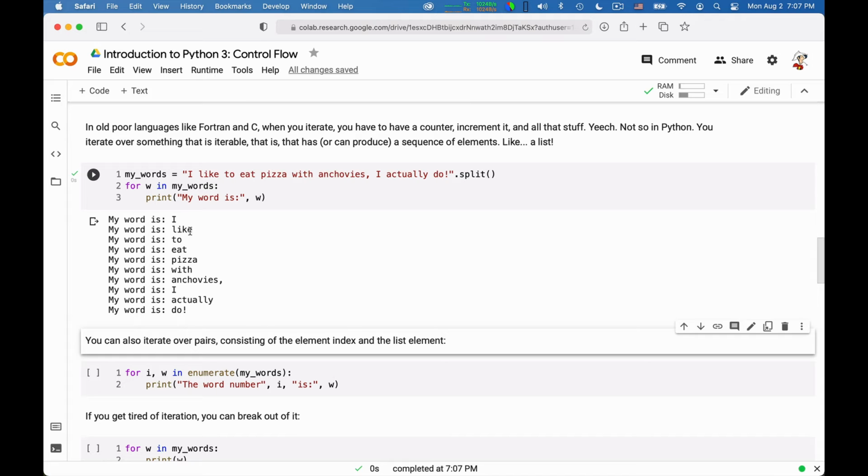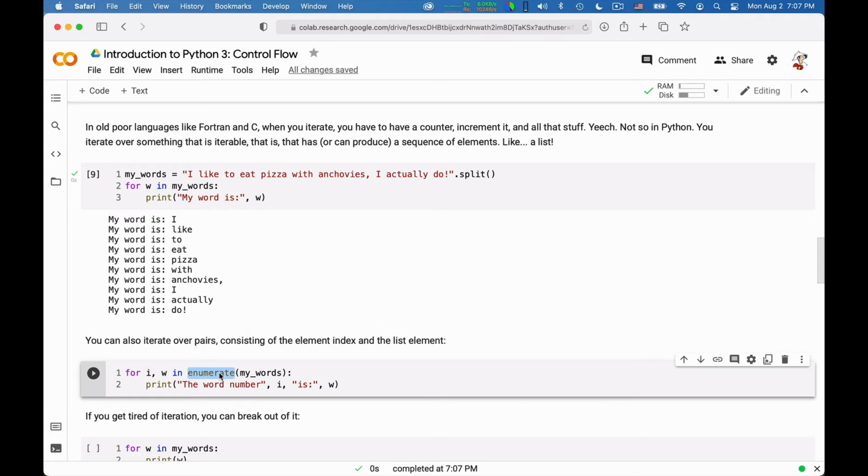Okay? Now, sometimes you do need also to have the index of the iteration. And so you have this enumerate helper. If you have a list, you can enumerate it and you obtain a list of pairs that is index and element. So if you say for i, w in enumerate of my words, you will iterate in such a way that i will be the index of the word and w will be the word itself.